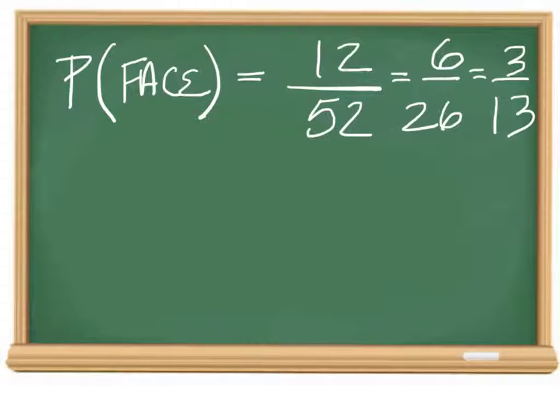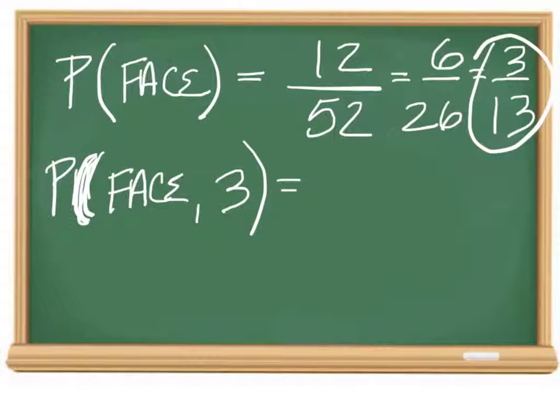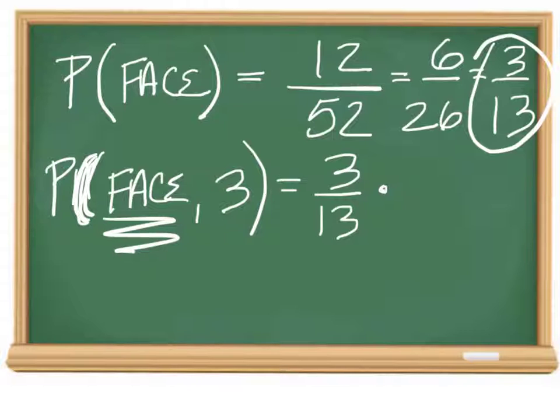All right, now what we're going to do is this. We want to find the probability of getting a face card and then a 3. And this is with replacement. So we know the probability of getting a face card from the previous problem we just did is 3 over 13. But if we're going to draw these consecutively, then you multiply the first probability